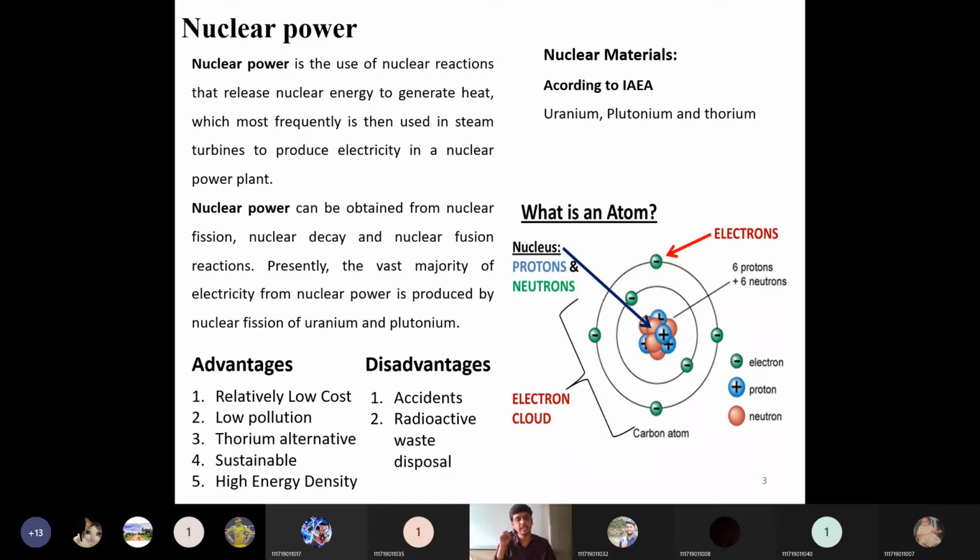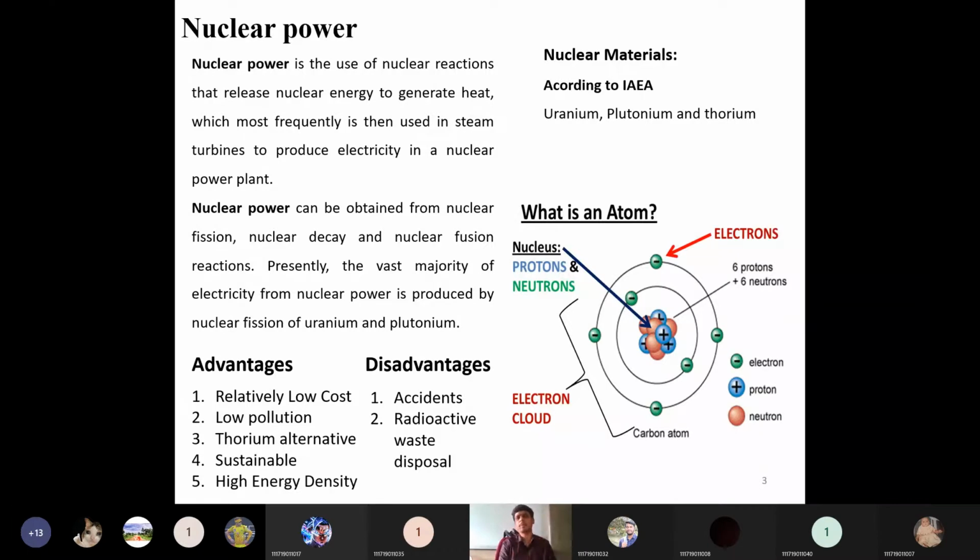Okay, we need heat to generate electricity, so that heat will be released by the nuclear reactions, fission reactions, in which nuclear materials will be used. Due to this exothermic reaction, a large excess amount of energy, or heat energy, will be released. That heat energy will be used in some turbines. Thereby, due to the mechanical deflection of the turbines, we will be generating electricity. So that entire process is called nuclear energy generation or nuclear power plant operation.